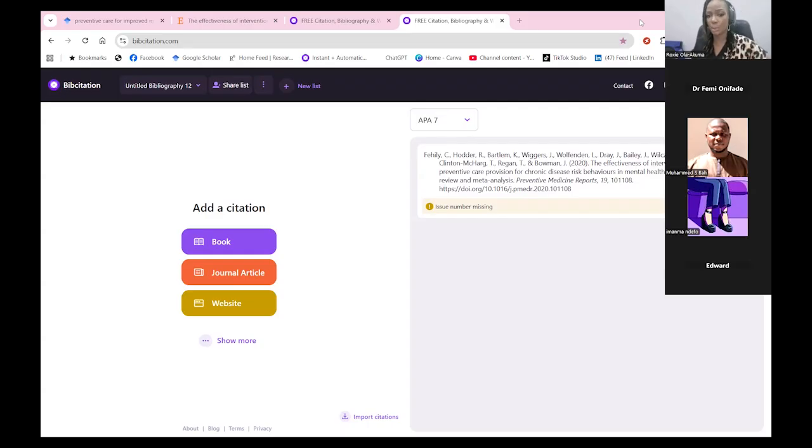In that Chrome Web Store, all you need to type is Bib citation. Citation as in citation, BIB and citation. Once you do that, it would even ask you whether this is what you are looking for. So you come in there. That's the first step to getting it, because you don't want to be going to bibcitation.com every time you want to open it. So the extension allows you to put it on